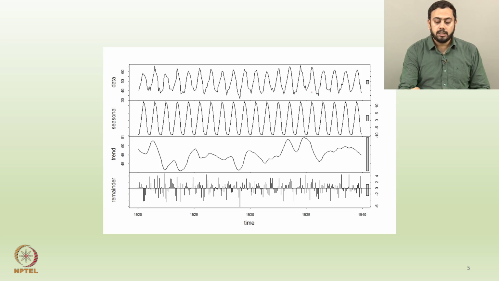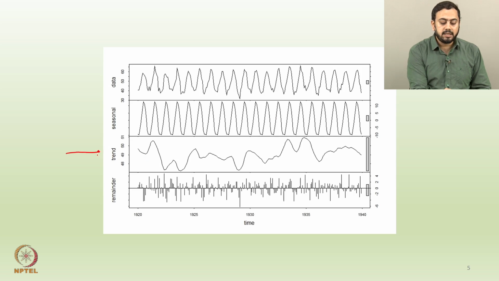So, the top row is the actual data that you have. Then the second row gives you how the seasonality progresses, right. And here one can clearly see the peaks and the troughs in the data and can make out clear seasonality because you have regular repetitions happening over the entire time span. And then the third row gives you the underlying trend, and obviously here one can see that the trend component is not at all strong because the underlying graph is not moving in one particular direction. So, again the trend is not present here, seasonality is very much dominant, and the fourth row gives you the remainder.